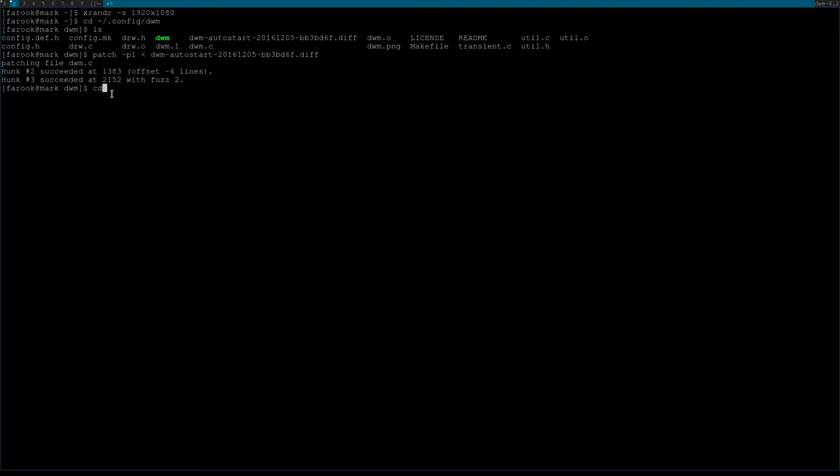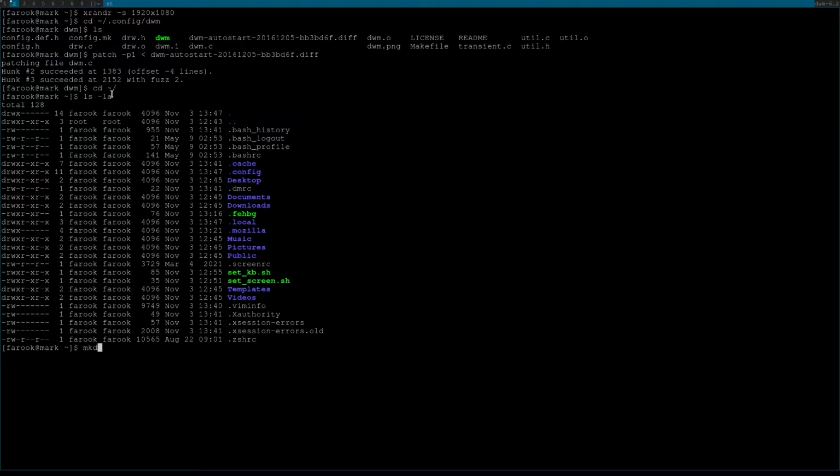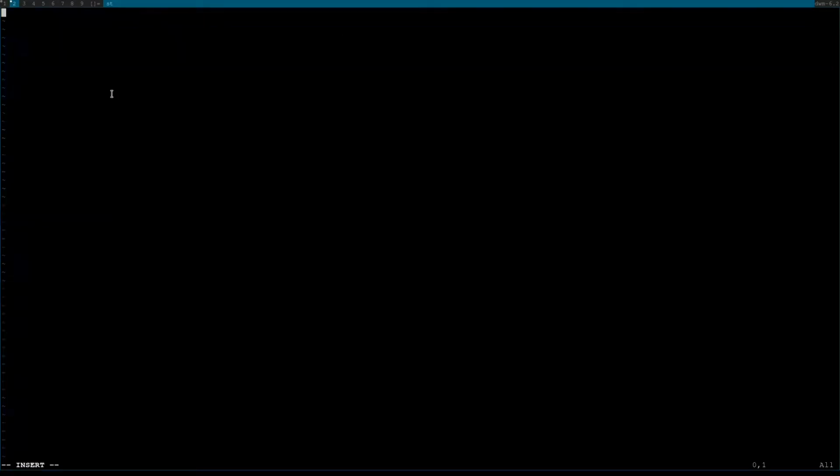It actually will be in a folder called .dwm. So let's create one by typing mkdir -p and tilde slash dot dwm, and then cd into .dwm. So when you type in ls, there's nothing in here. Let's create a file called autostart.sh and let's make it executable by typing chmod +x autostart.sh, and I'm going to edit it in Vim and type in,